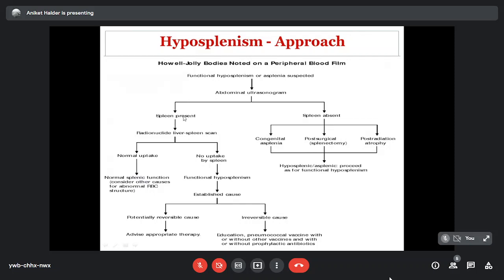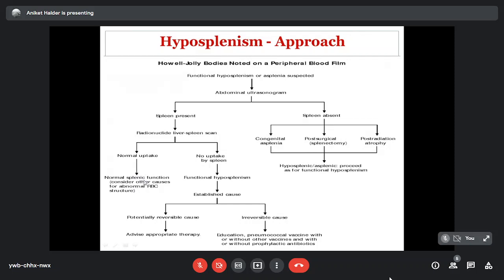So if spleen is present, but there is presence of Howell-Jolly bodies and increased number of pitted erythrocytes, there is functional hyposplenism. So in these cases, although it's not available everywhere and it's a cumbersome procedure, the nuclear scan should be done. If there is normal uptake, there is normal splenic function, and the other causes for abnormal RBC structure